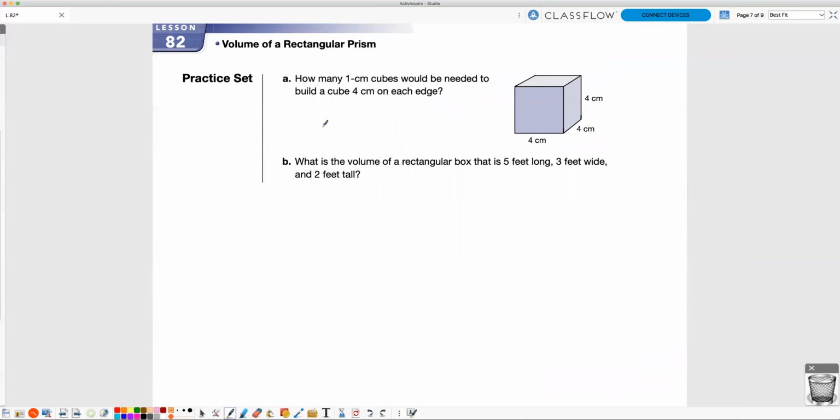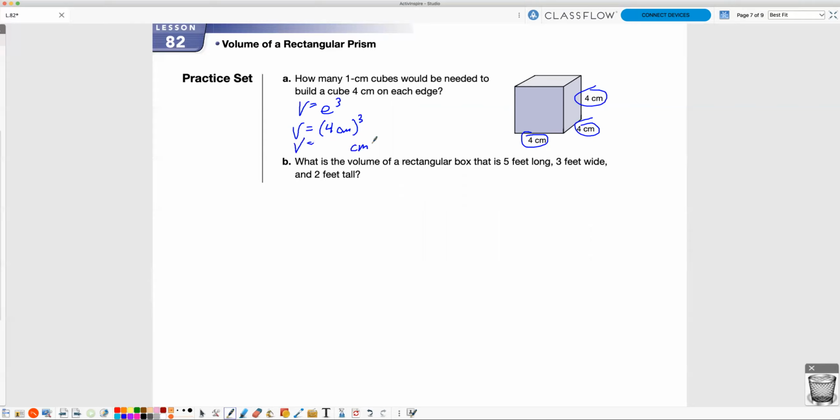All right, let's try this. Practice letter A. How many 1 centimeter cubes would be needed to build a cube 4 centimeters on each edge? So you see that it's a cube, and if it has 4 centimeters and 4 centimeters and 4 centimeters, we could use that volume equals the edge cubed, which is, in this case, 4 centimeters, and that would have to be cubed. So that means 4 times 4 times 4,